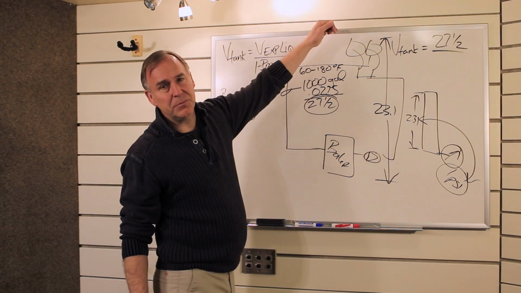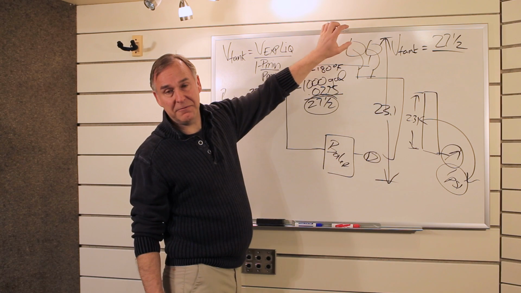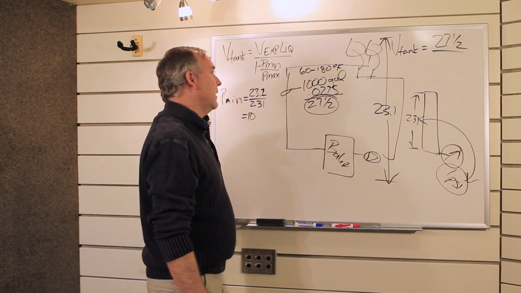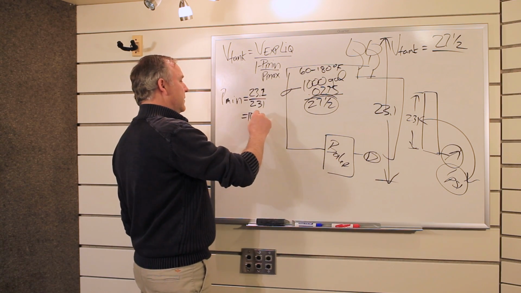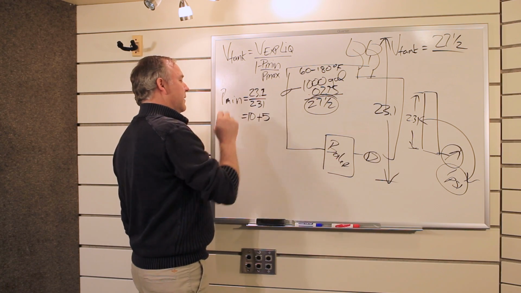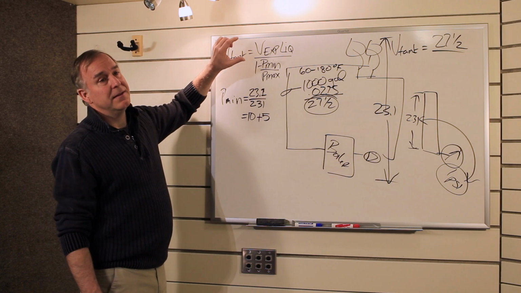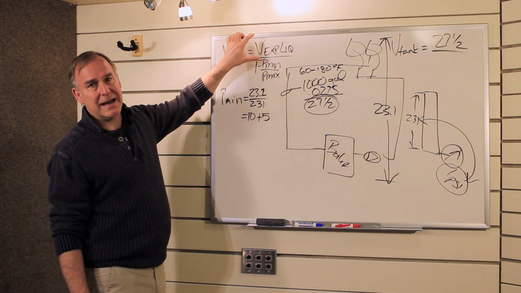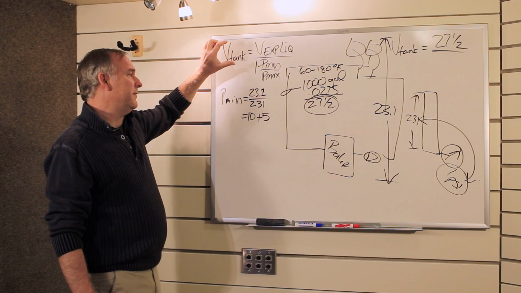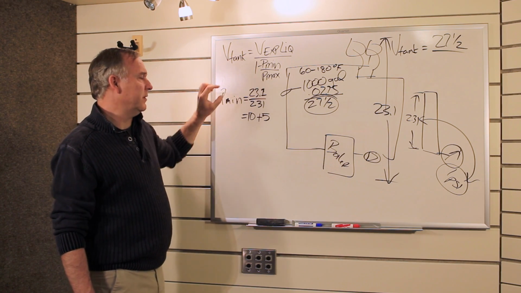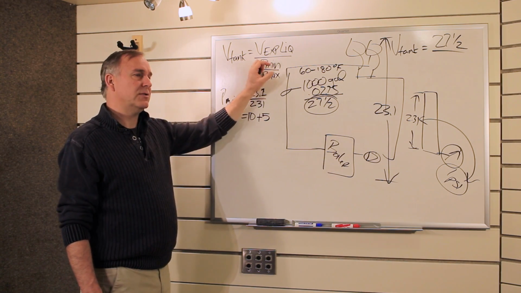Now we need some additional pressure up at the top, because if we want to be able to vent air out of that system, we're going to need some pressure behind it. So typically what we do is we account for that by adding another 5 pounds. Now to make these formulas work, this is derived from what's known as the ideal gas law. And if this is going to work, this pressure ratio here, I've actually got to correct these pressures to absolute